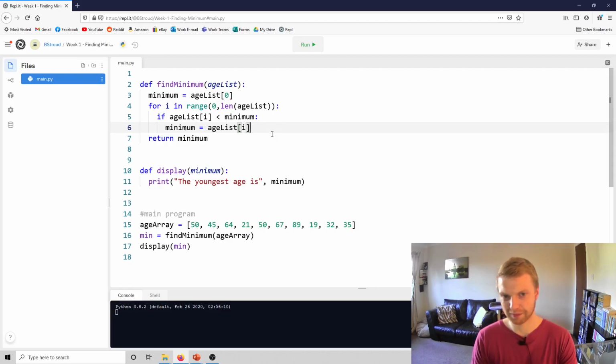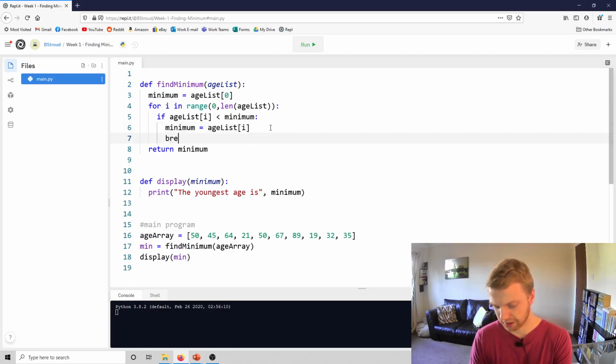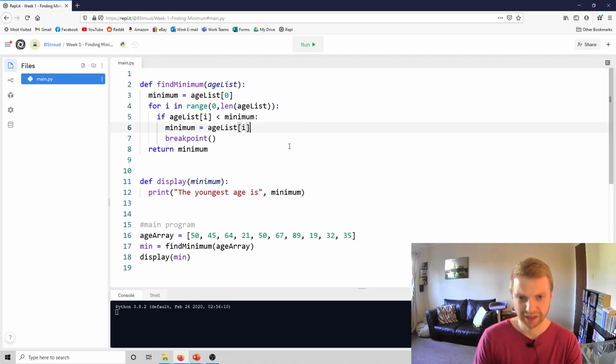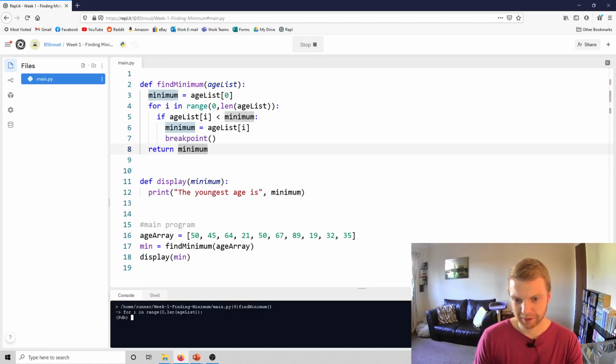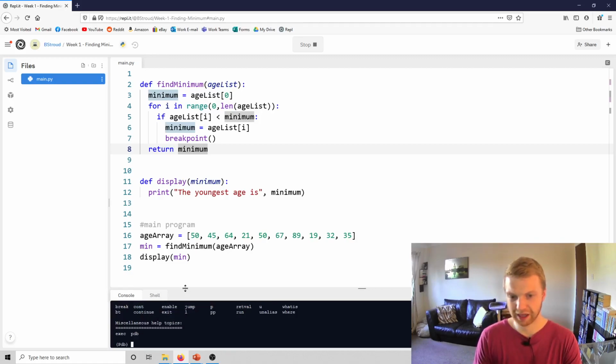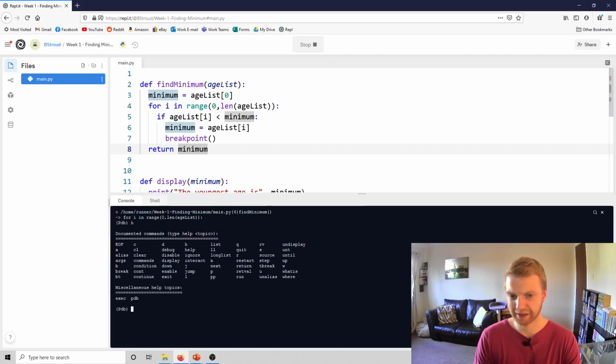Here's a find minimum program, and you just write breakpoint, and then what it does is it gets to this line, and then it stops. It just tells you the code, and then if you press the H button, it gives you a help screen like this. There's a lot. I think the ones you want to use is step, and it lets you step through the